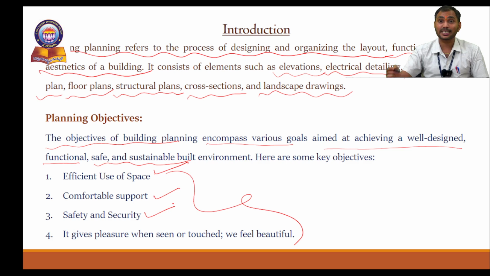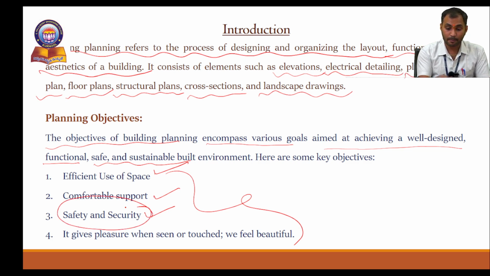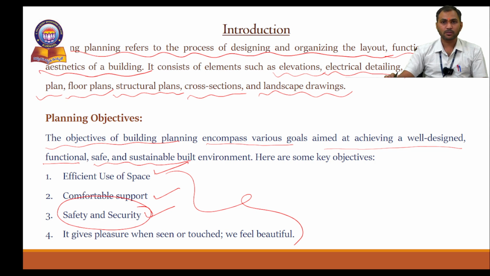Next, safety and security. This is one of the most important of all human needs. What is the purpose for which we construct? Nothing but to give shelter. For whom? For us, for the public, for human needs. Shelter means constructing a building. So not only for looks, not only for beauty, and not only for our own purpose. It should be for our safety, and also for security purposes we have to plan